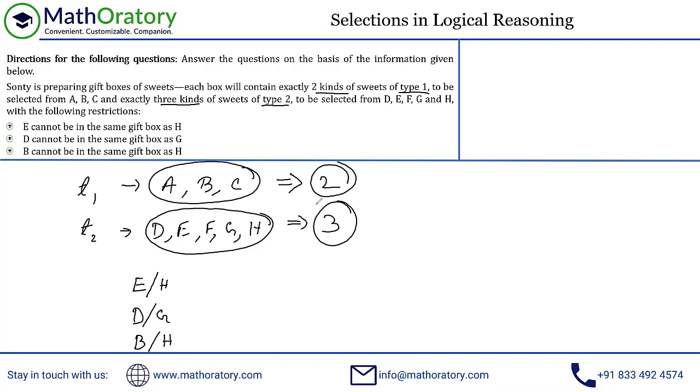So there are two types of groups out here. ABC is one group and D to H is another group. So we have to select two from type 1 and three from type 2. You will find a lot of selection problems similar to this idea. For an example, there are 10 male people. There are 15 female members. Out of the 10 male, you have to select 5. Out of the 15 female, you have to select 8. So I'm just giving random numbers.